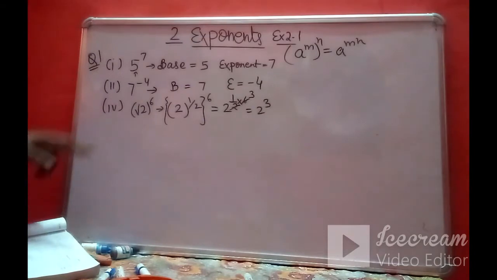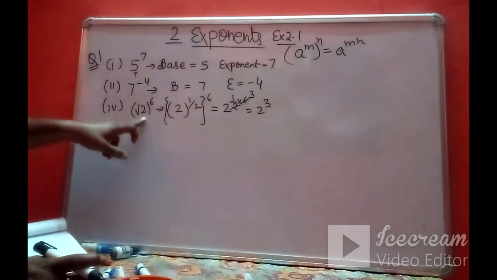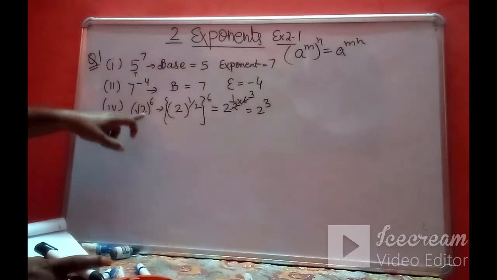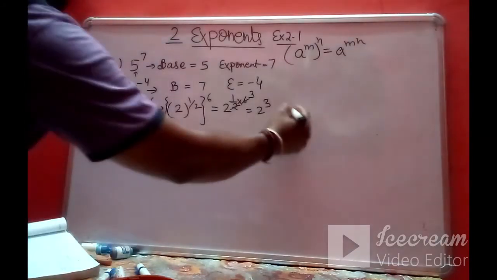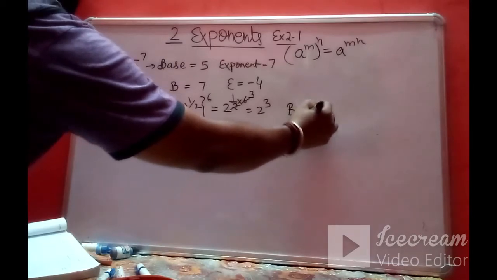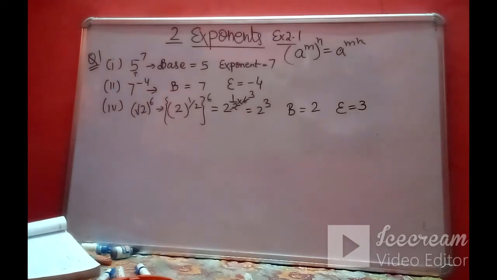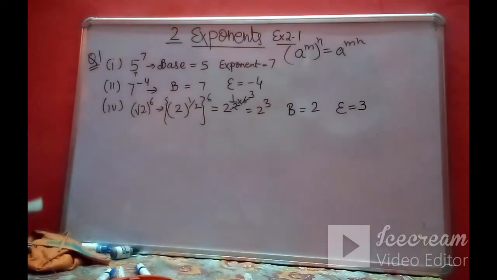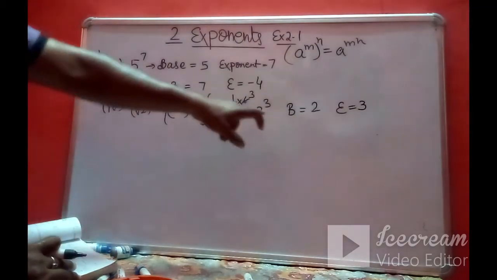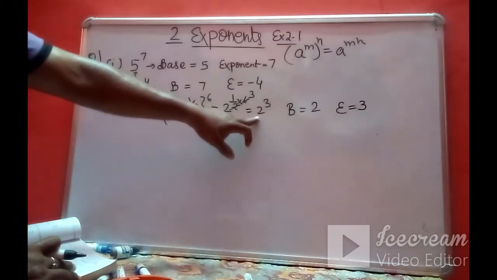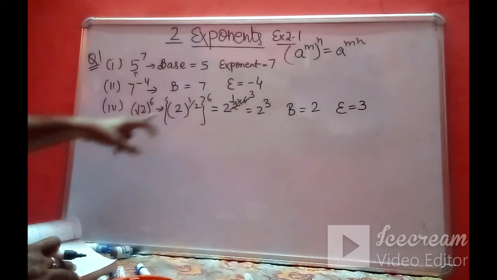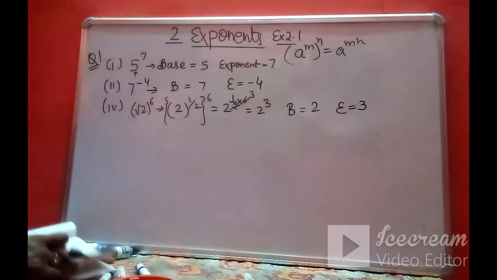So whenever you have quantities like this which are written in root or cube root, you just change their base like this. Now the base will be 2 and the exponent will be 3. So remember this thing, it is very important. As we have discussed the laws of exponents, always remember that you convert it into a real number, and only then you will write the base and the exponent.